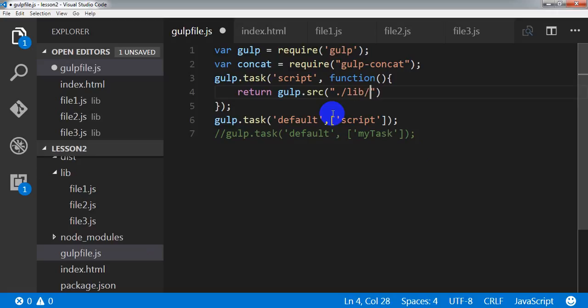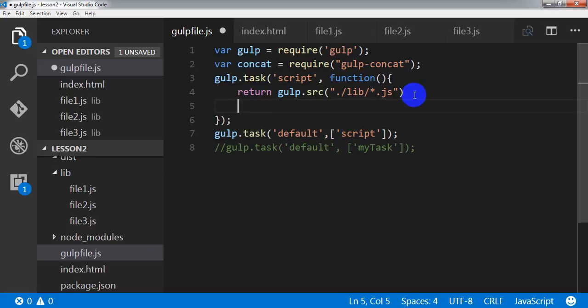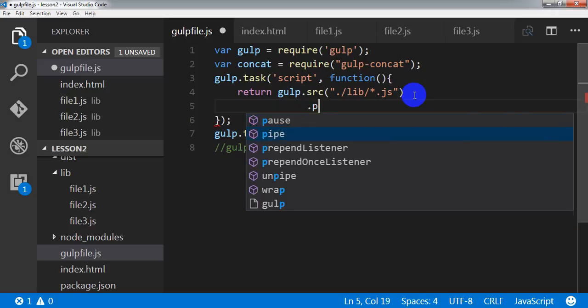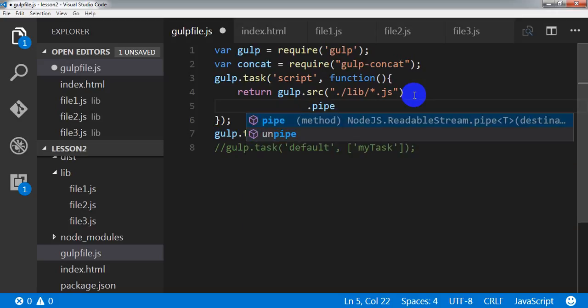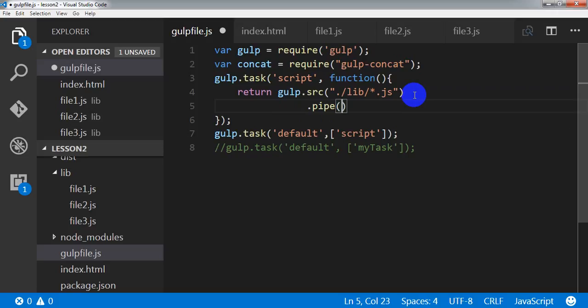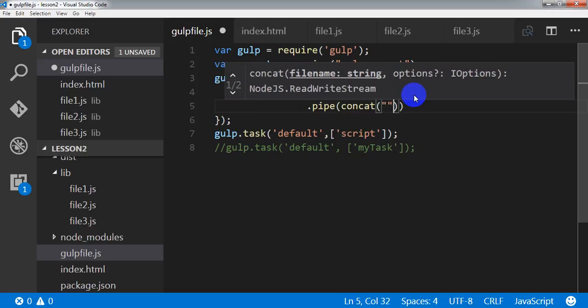I am going to consider all the JavaScript files within this lib folder, and then I'm going to use the pipe function to concatenate these files, and I am going to use the concat function, and here I need to mention the build file name,